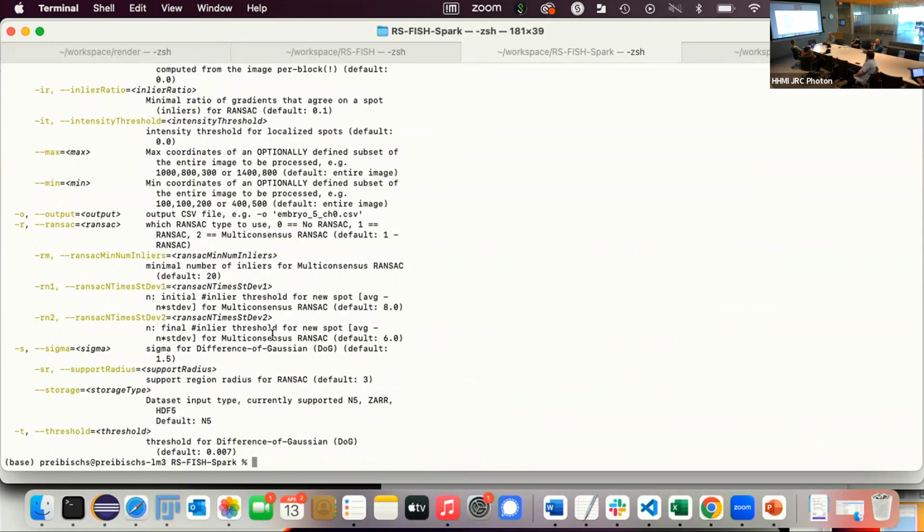Just out of curiosity, what happens if you have a spot right along the demarcation between blocks? That works. It's exactly the same as if the block border were 5 pixels over. It's completely agnostic. Would it find 2 spots? There's one, exactly as if there was no block border. Every block takes a little bit extra, as much as you need to compute the difference of Gaussian, which depends on the radius. We basically say open the entire image, but due to N5,